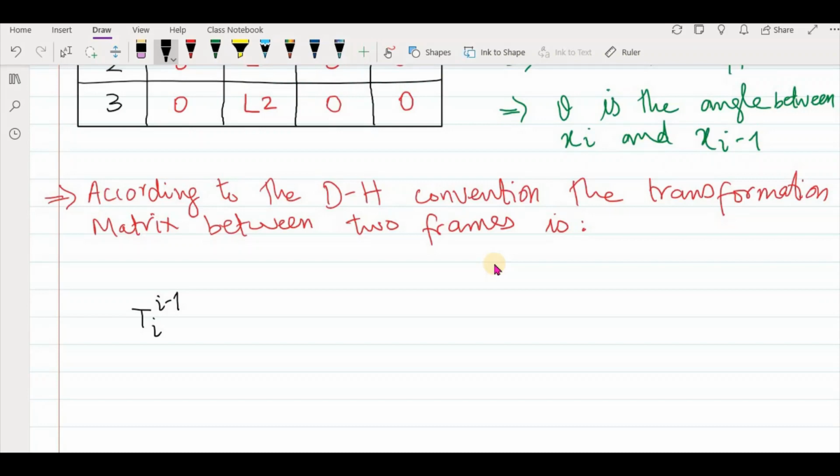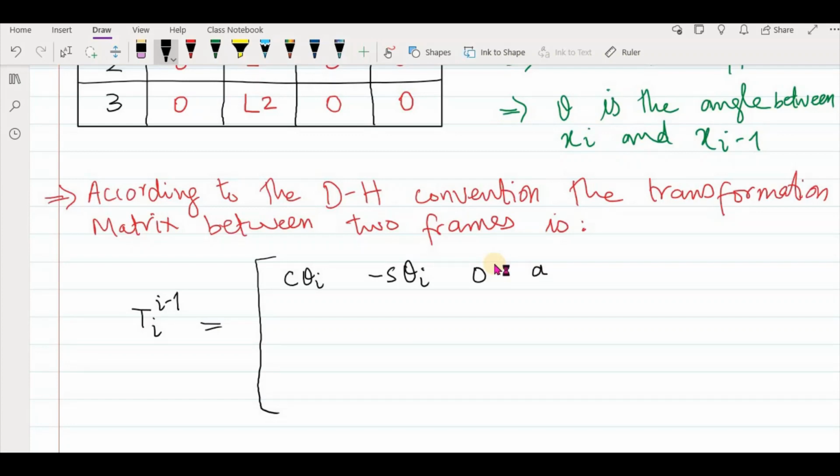What we are going to do is transform the ith frame to its previous frame. So let's write cosine as C, okay? C theta i, and we represent sine by S theta i, and then we have 0, and then we have a i minus 1,